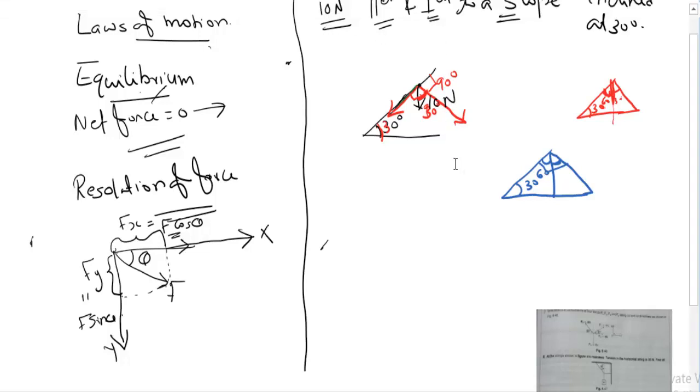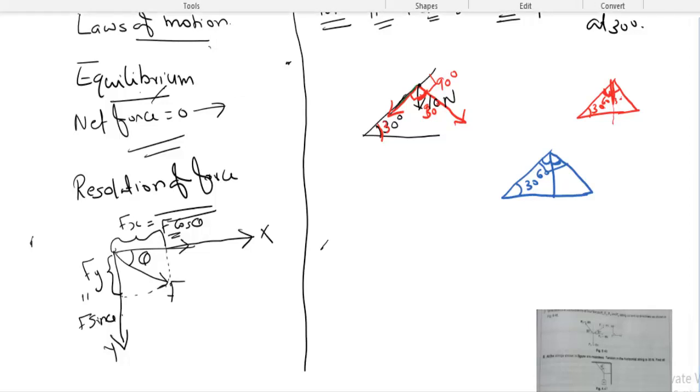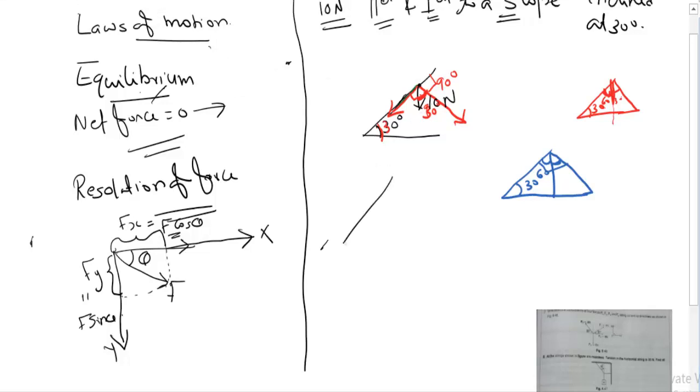Now, here you got the value as 30 degree only. We got it as 30 degree. Now the angle is here 30 degree, and acting exactly downwards is this 10 Newton. From here this is the perpendicular and this is the axis which is parallel. This angle is 30 degree.